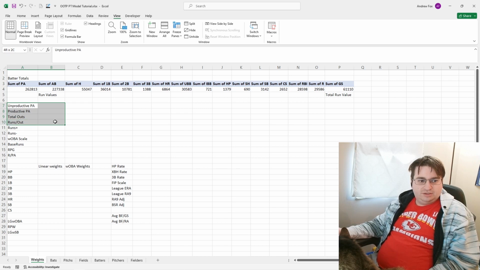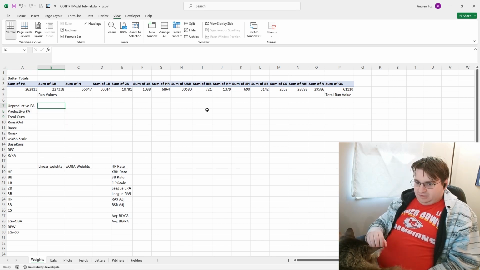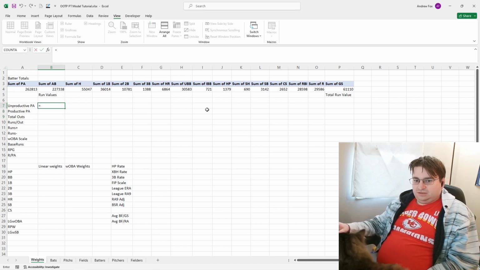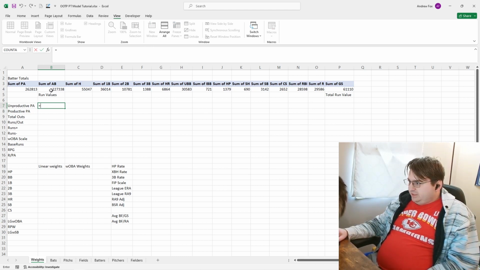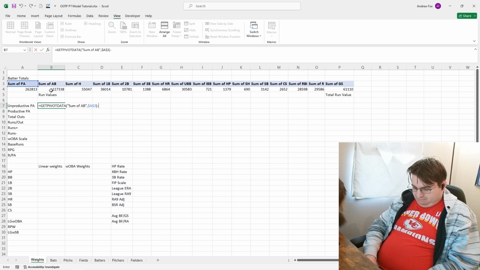These 4 here. So unproductive plate appearances is at bats minus